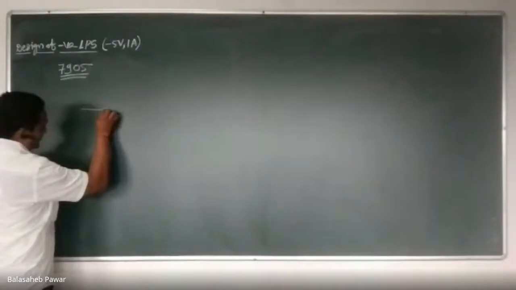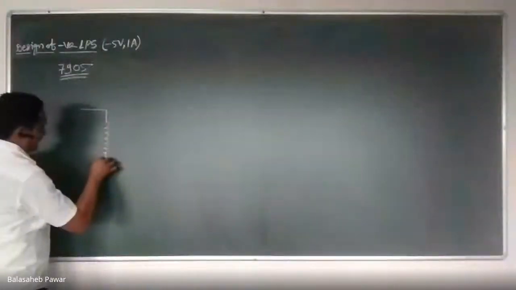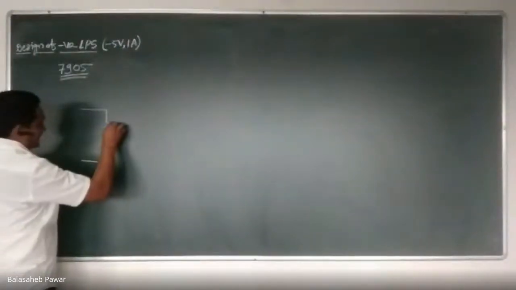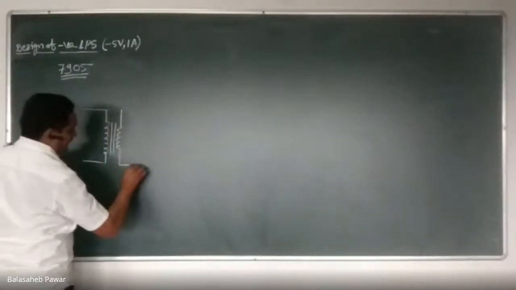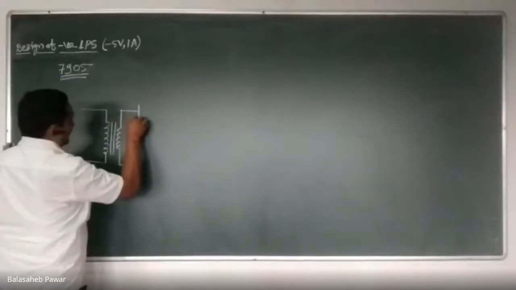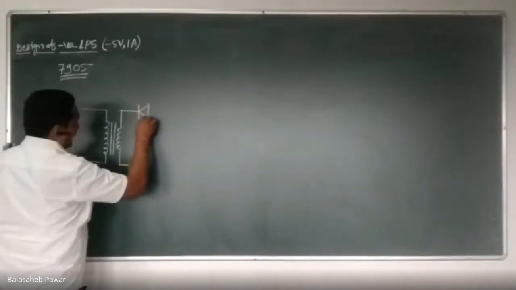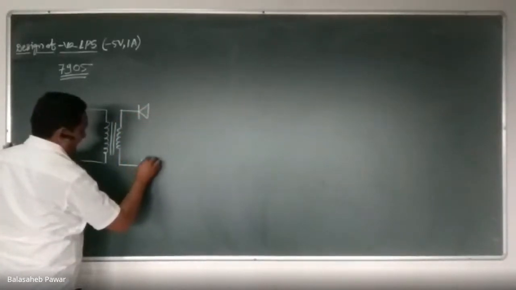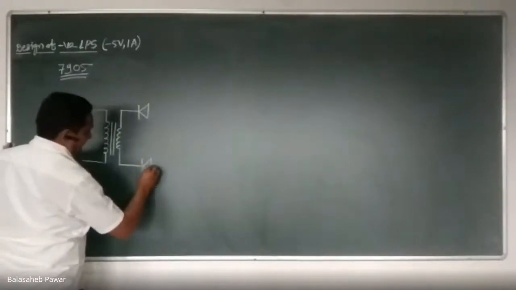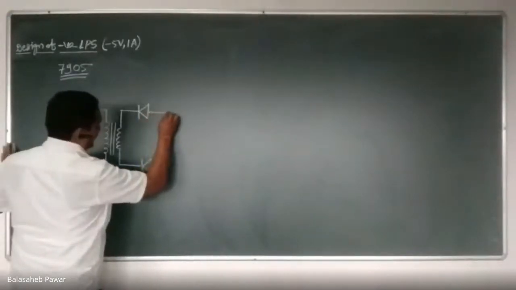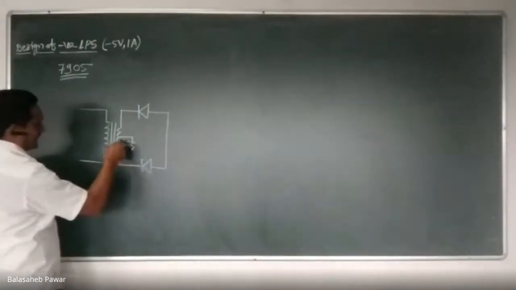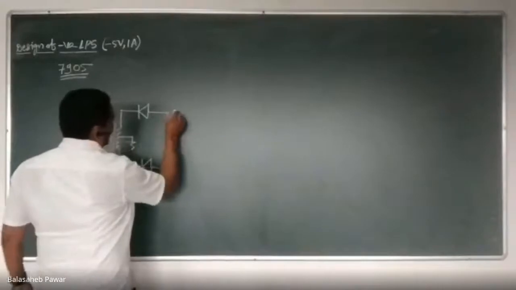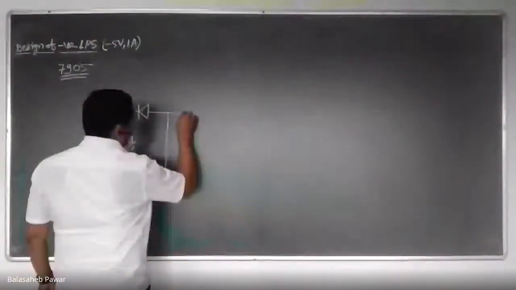So see, I will give one simple example. Suppose there is a rectifier circuit using 2 diodes, that is a full wave rectifier, by connecting the diodes in series like this. Now the requirement is a center tap transformer, as we are using a full wave rectifier with 2 diodes only. Now remember,